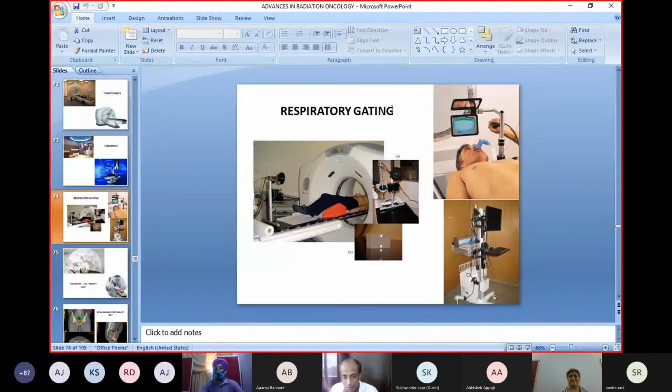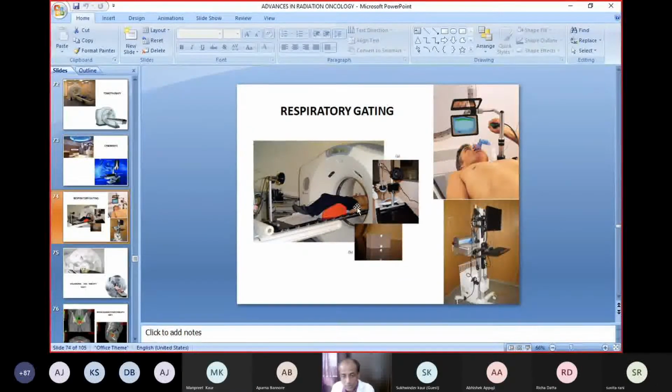For moving organs, we have something called respiratory gating also. In this gating, we keep an infrared camera like this, and this is an infrared detector. You can see a very small marker kept on the chest of the body. This camera detects the movement of the infrared signal put on the body, how it is moving along with the breath, and following this, the radiation is planned accordingly, and the patient can also see his breathing pattern. There are two types. One is where the patient is breathing normally, the other is holding the breath in